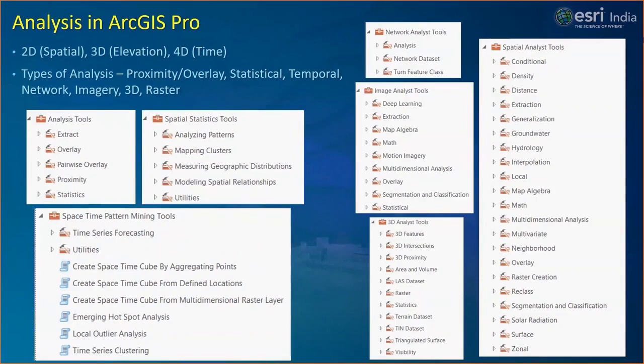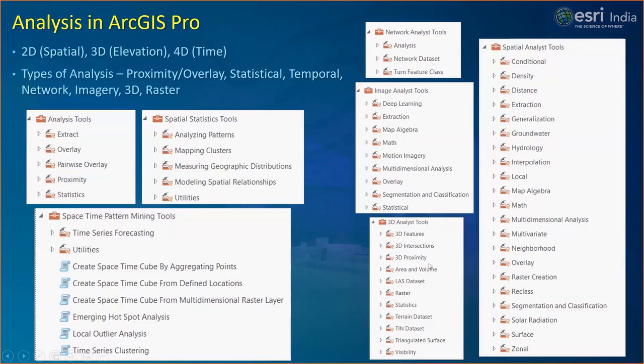With ArcGIS Pro, we have several different tool sets. For example, we have tools for performing proximity or overlay analysis and statistical analysis. We have space-time pattern mining tools to gain a temporal view of all your data. While these tools are always available, you can expand your analytical capabilities using our extensions.